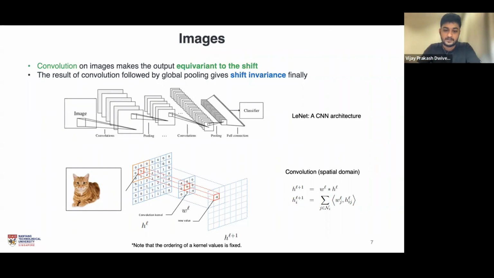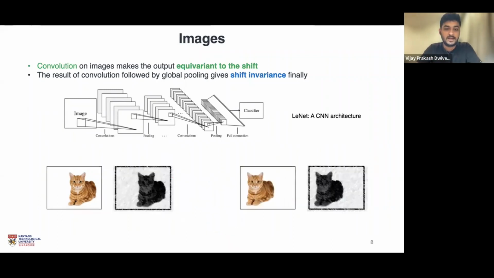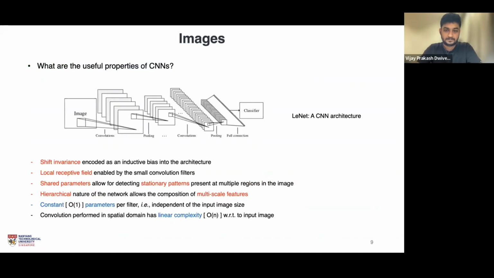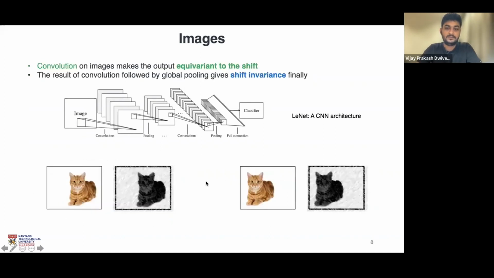So the convolution presents an output equivalent to the shift, and it precisely means that when we shift the input image, the abstract features learned as the output of the convolution should also be shifted. One way of understanding this concept is using this image and its corresponding output abstract features. And finally, when we apply a global invariant function at the end,